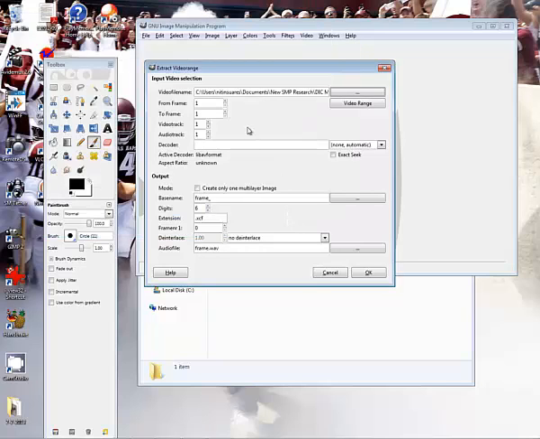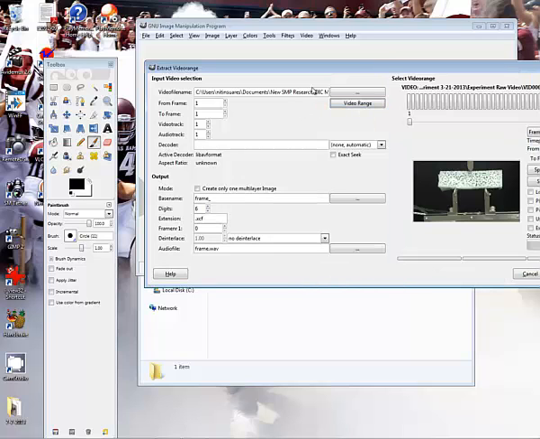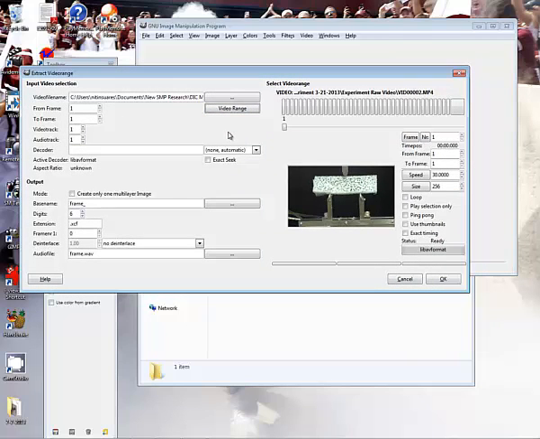The next thing we do is to specify the start frame and the end frame, and I'm guessing we don't know initially how many frames we have in our video. So in order to determine how many frames we have, we can click this button, which will help us see the range of our video. So you see the slider bar over here. So now it's set to frame 1 of our video, and if we drag it all the way down,